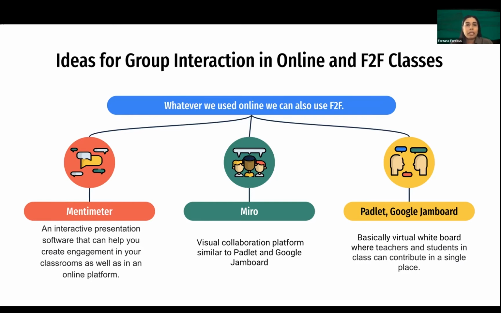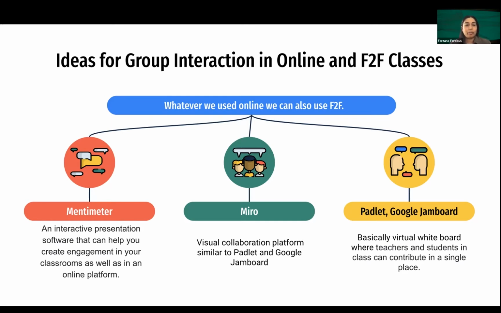Some of these tools I am going to talk about. Some of you may be familiar with one or a couple of them and not necessarily all of them. I myself have not used all of these tools in my classes, but there's a couple of these that I have used more commonly.